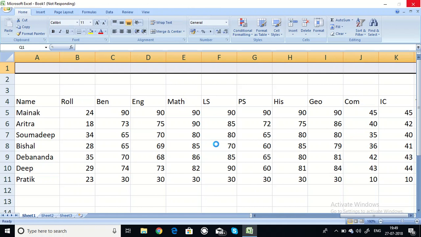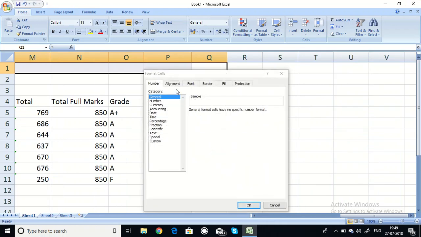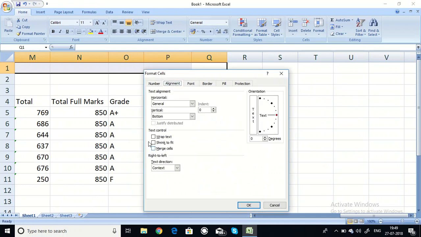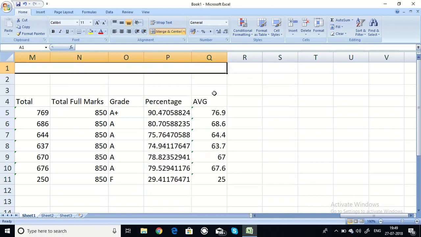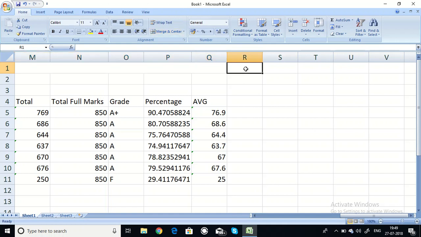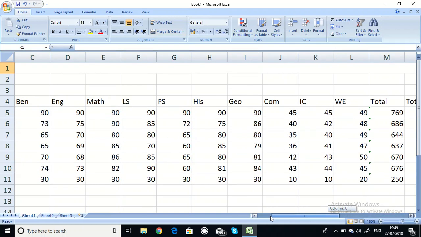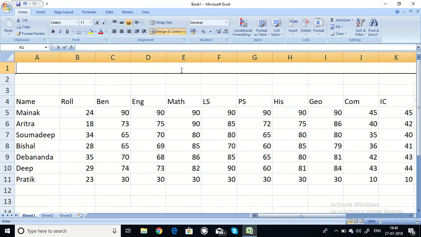One dialog box will appear, and you have to click on the alignment tab. From alignment we have to click on merge cells, okay, and then I will click OK. So every other cell will disappear. I think there was some problem with the selection. Oh no, it is okay. So now if I write here ABC school,